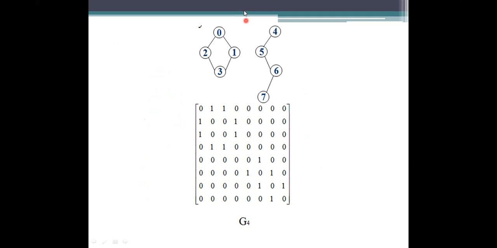No self loop has been specified here, and these two graphs are not connected. This is one graph, this is another graph, and we don't have a connection between them. Such representations we also specify with an adjacency matrix. So how many total nodes are there? There are 8 such nodes. So what is the matrix here? An 8 by 8 matrix.